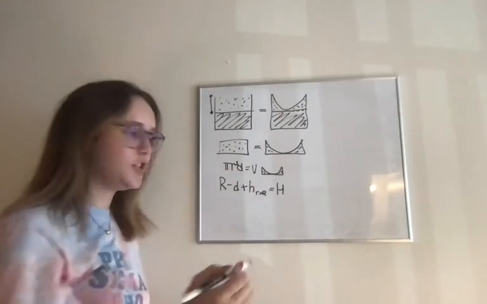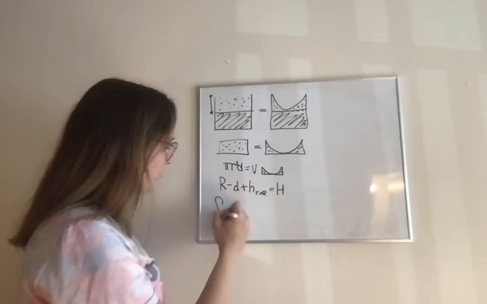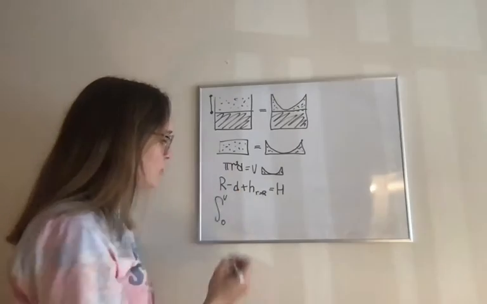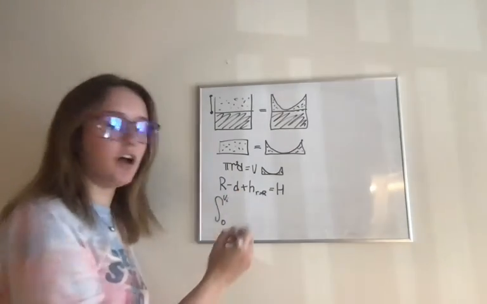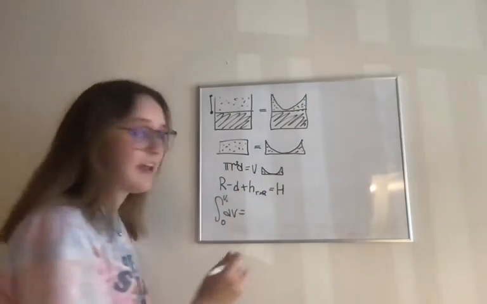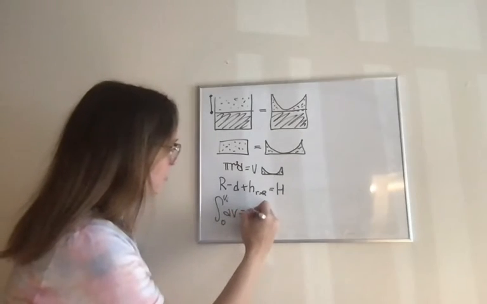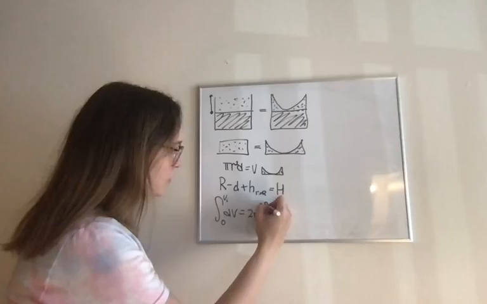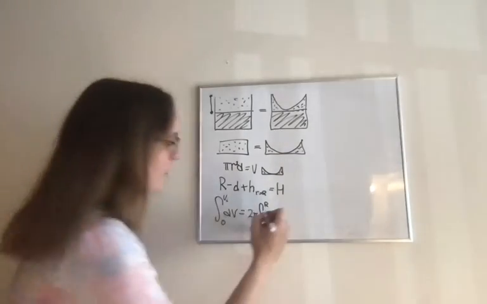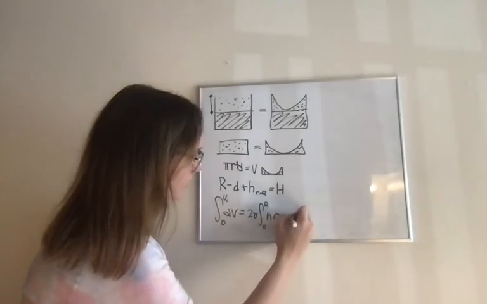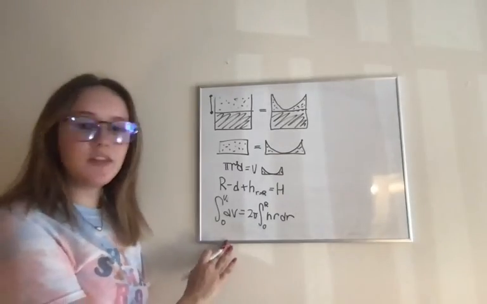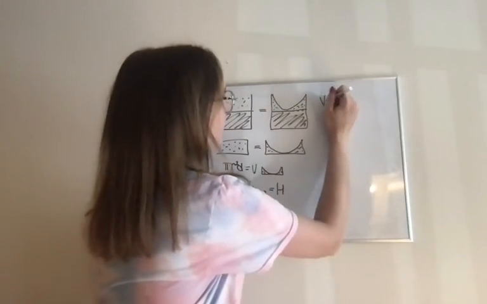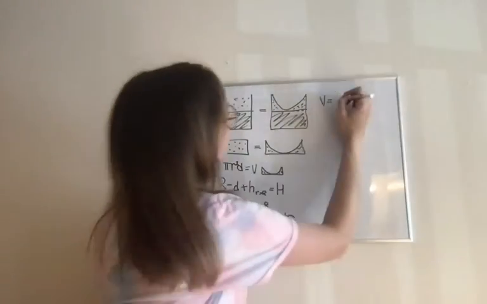And how we're going to do that is we are going to have the integral from 0 to V initial of dV, and this is going to be equal to 2 pi integral from 0 to big R of hr dr. And so when we solve this out, we are going to end up with V equal to 2 pi